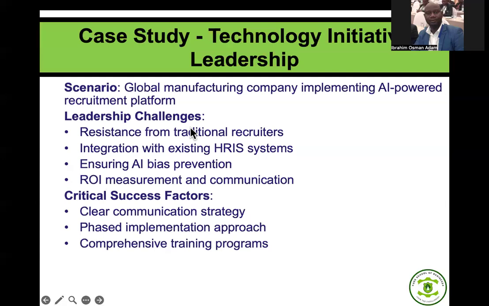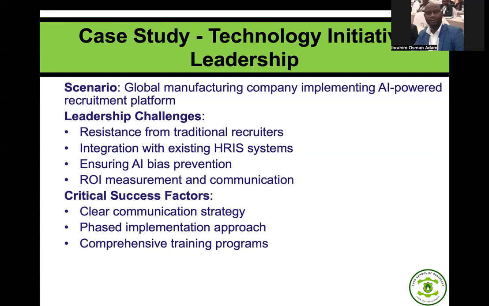Apart from that, we said in our first lecture that sometimes when technology is going to be implemented, as leaders, we often focus on the cost of the technology. So it's going to cost $1 million. We acquire it, we pay the $1 million, and we bring it into the organization with the hope that the implementation will succeed.